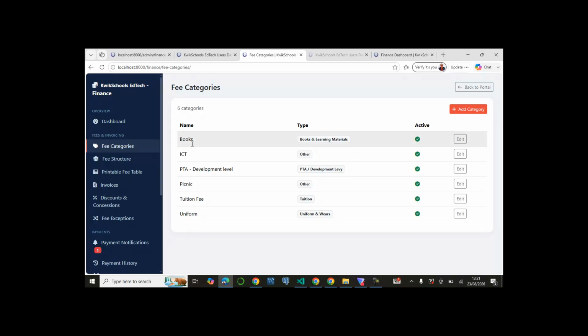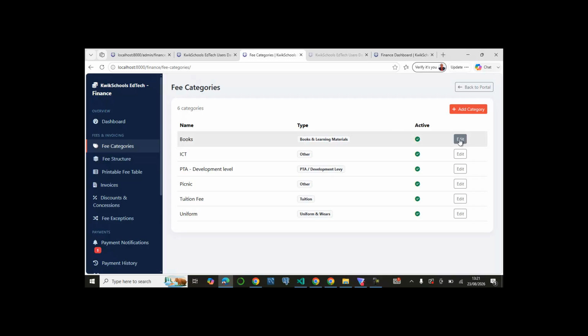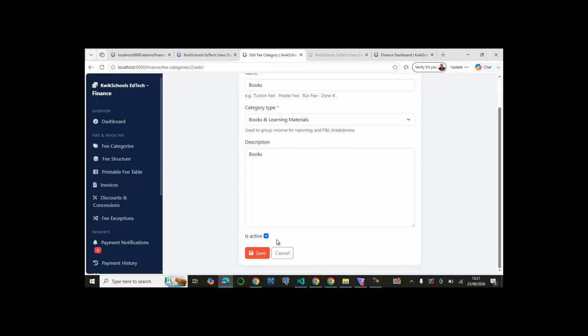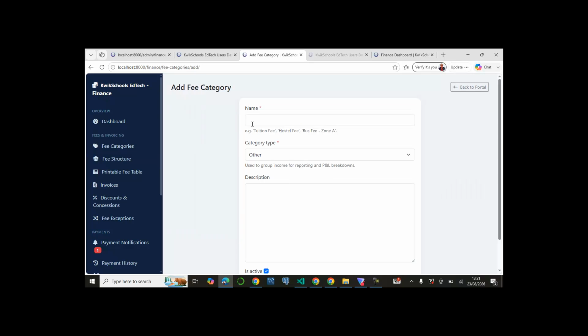On the dashboard, let's view the fee categories. We've already set our fee categories right from the admin panel. However, we can set them also from the system dashboard in the finance module here. Look at all those that we set in the admin panel. They're already here. We can edit them. We can click on edit and correct information that we need to correct there, and then save or cancel that edit. We can add a new category also, right from the